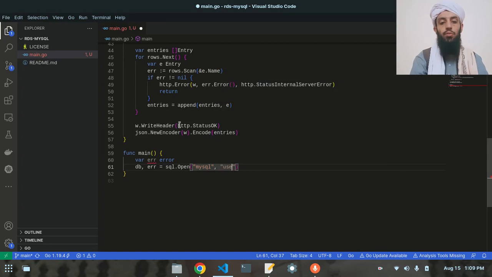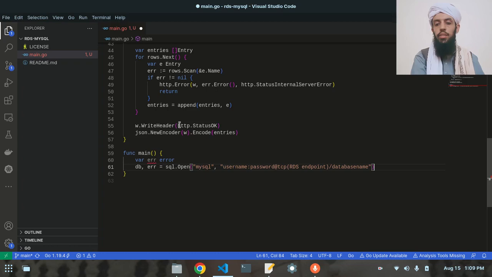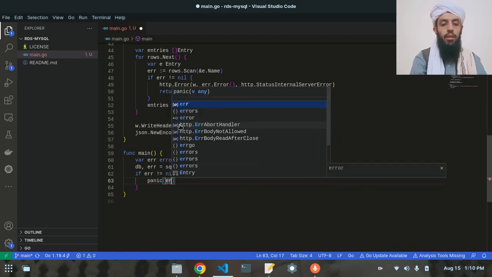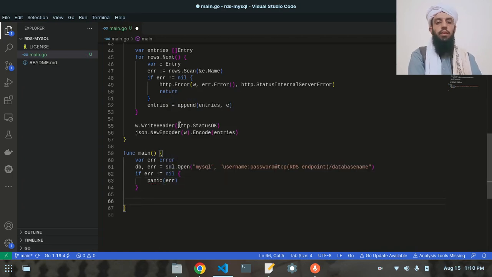The next thing is to write the username, then a colon and the password, then the protocol that I'm going to use, which is TCP. Inside this I will give the endpoint, that is the RDS endpoint or the URL, and then the MySQL database, or any kind of database name that you want to write. Let's write if err is not equal to nil, then panic(err), and the next thing is going to be